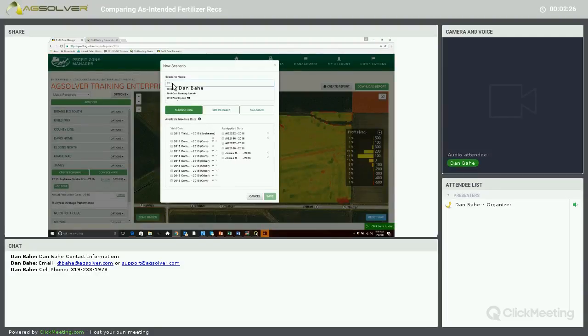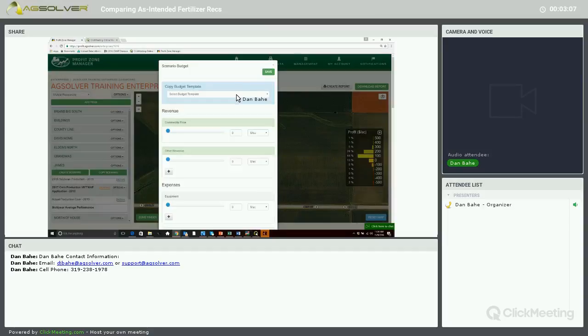We're going to call this 2017 corn production variable rate MAP application. Scenario type we will have is planning. And then we will select our 2015 corn yield data, and then we will select our variable rate MAP application. And within this MAP application, it's a pretty simple map. We'll save that, and then